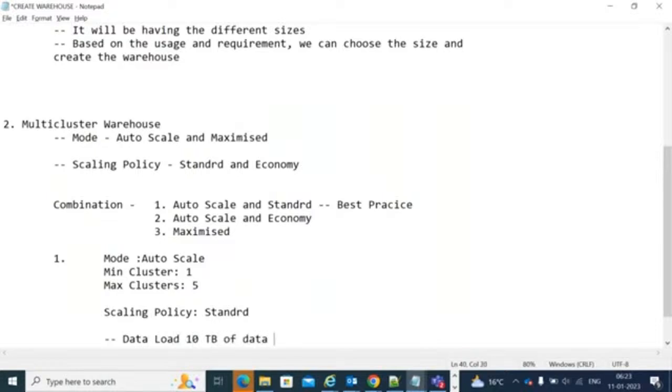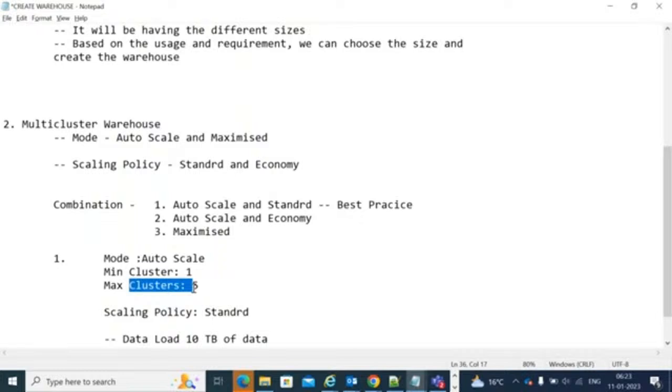This is one scenario. If you are trying to load 10 TB of data into your Snowflake, and you create your virtual warehouse as a multi-cluster warehouse, with mode as auto scale and scaling policy as standard, with minimum cluster 1 and maximum cluster 5,